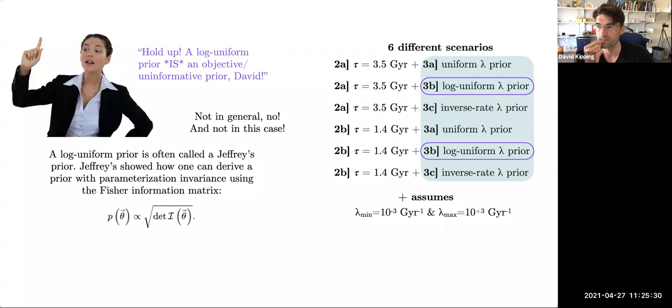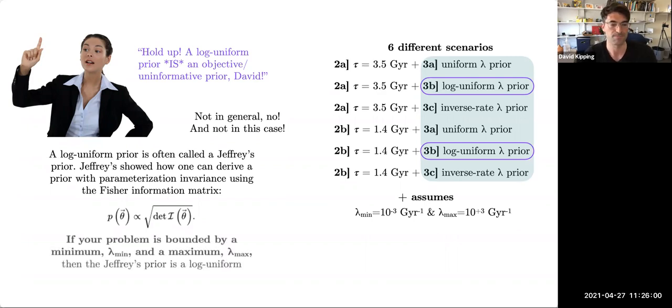It's not true anymore, and it is completely arbitrary. I mean, we don't know that the minimum rate of abiogenesis is 10 to the minus 3 per gigayear. We don't know that the maximum is 1,000 per gigayear. We have no limits that we can reasonably put in here. These are just completely arbitrary guesses. And so if you're making arbitrary guesses about the minimum and maximum bounds, you have an arbitrarily defined prior. That's not an objective prior. So that's kind of my critique of this paper. These are made up bounds, and this is a concern.